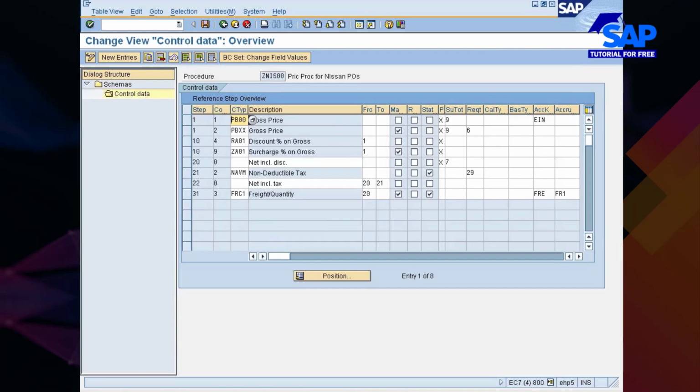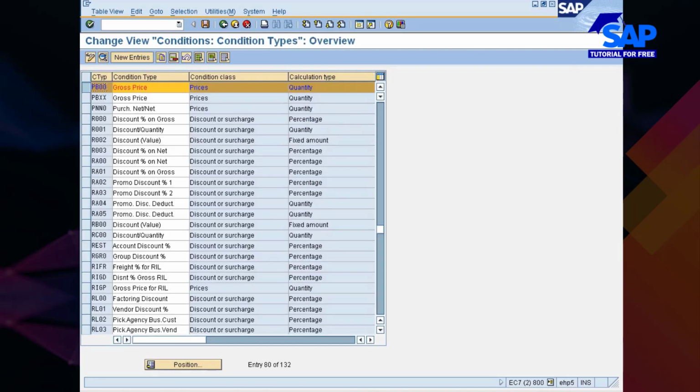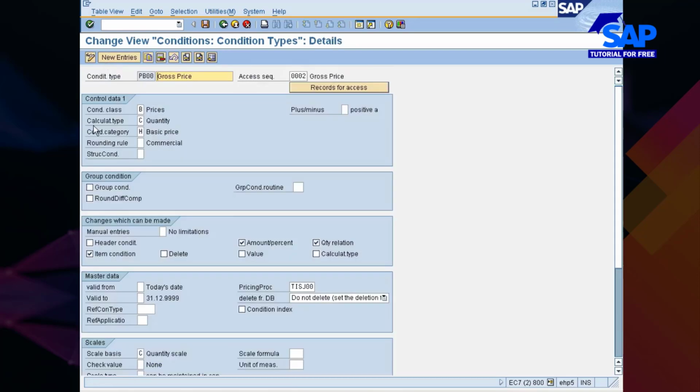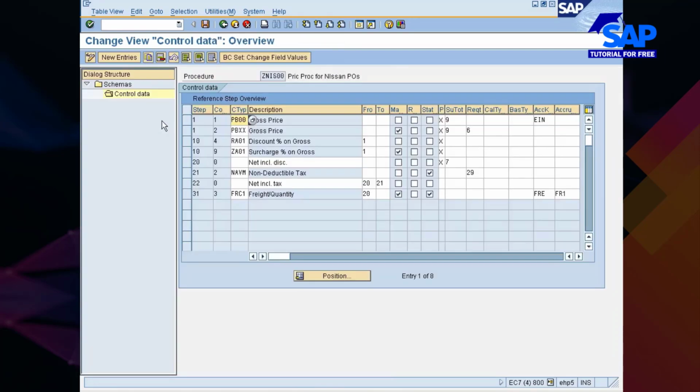In case of PB00, what is the calculation type? Look at here. Calculation type is quantity. In case you do not want to follow the calculation type as quantity, but you want to follow a different one, this is called the alternative calculation type.